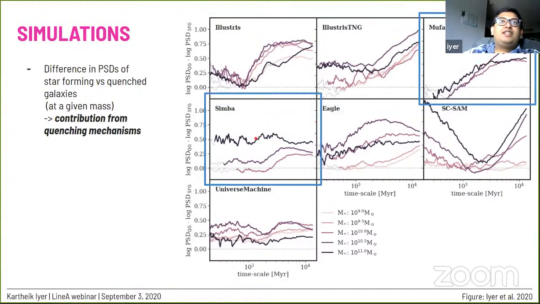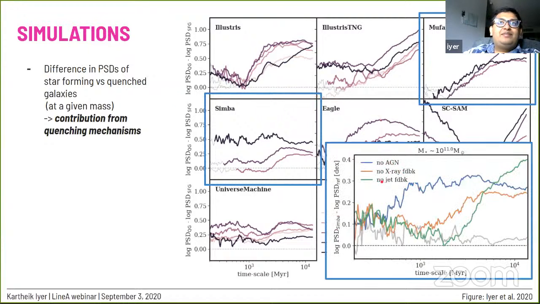Another example is with Mufasa and Simba. In Mufasa, galaxies were quenched mainly by keeping the gas in the halo heated so that it could not form stars. Because this was purely a process that acts on long time scales, there's really no short time scale physical power that comes into the quenching process. In Simba, on the other hand, they have added an updated model for AGN feedback, and so it's now this AGN feedback model that's thought to be responsible for quenching galaxies.